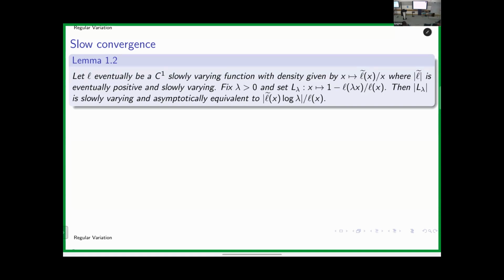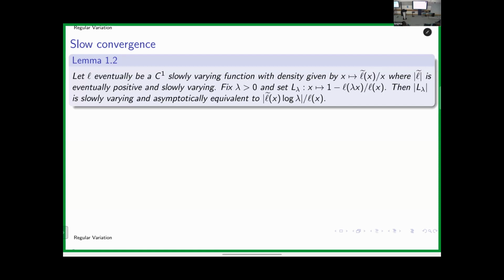Let's do some examples here. Let's imagine I have f of x equals log x, then the derivative is going to be 1 over x. That means L tilde is constant. So indeed it is eventually positive. If I take the modulus, it's always positive. If I take 1 over log, then I will get minus 1 over x log squared, and the modulus will be the modulus of 1 over log squared. And this is eventually positive. It's not changing signs. That's what I mean.